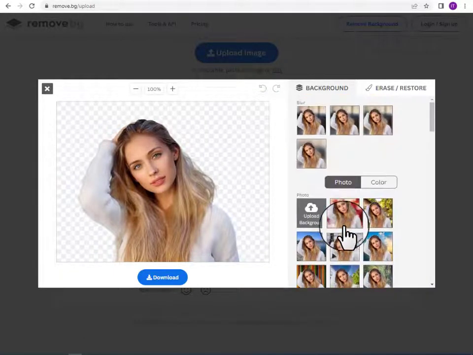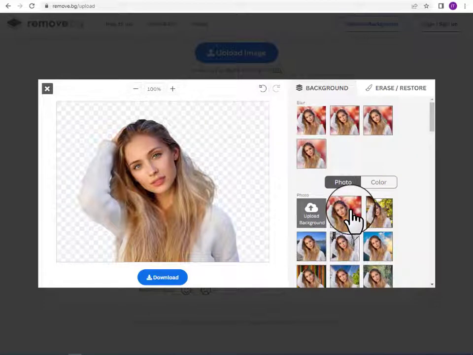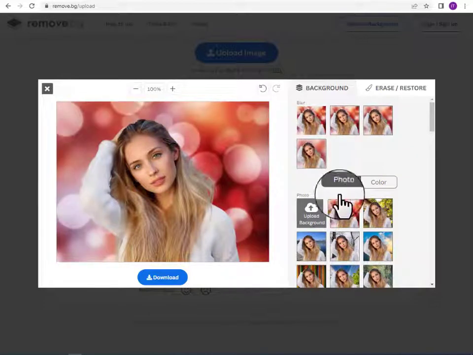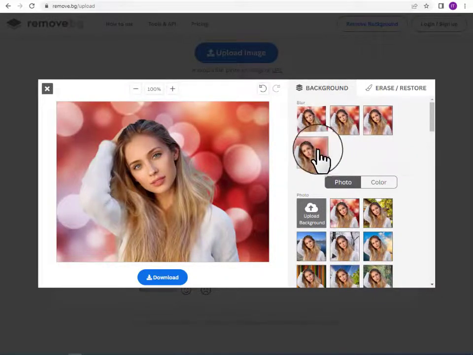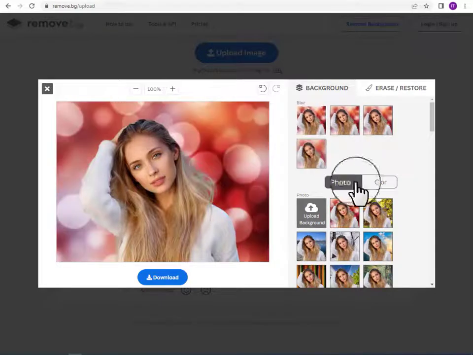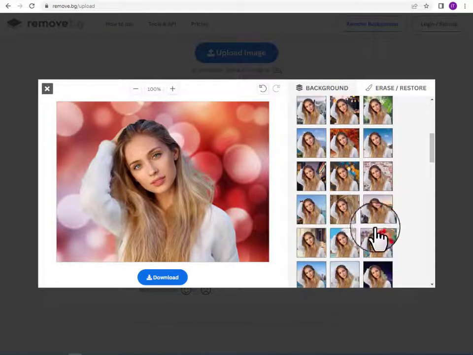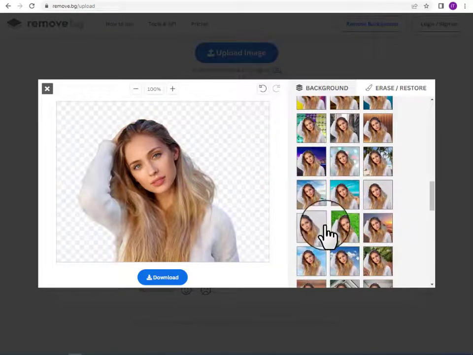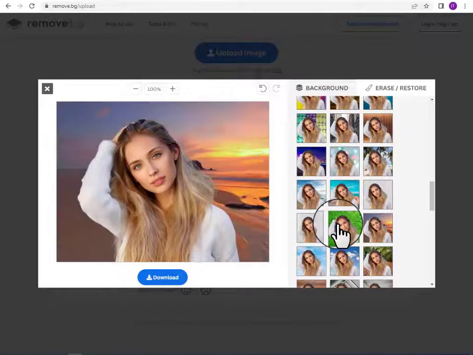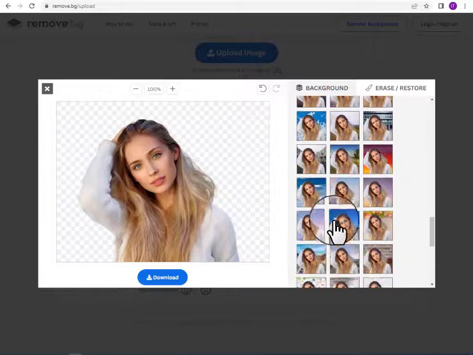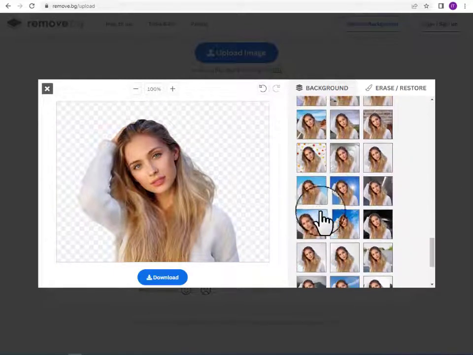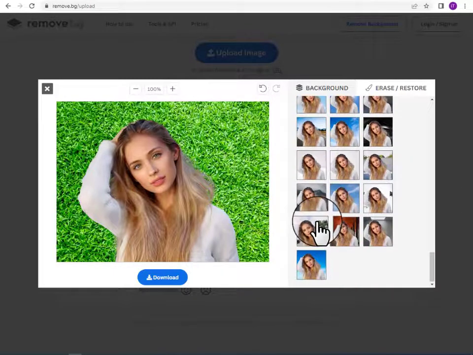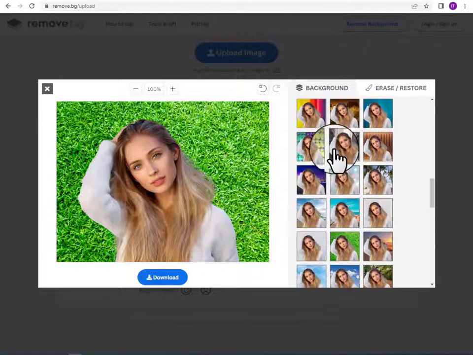There are different backgrounds, so you click and it automatically changes. If you want to blur, light blur, dark blur, you select like this. Different backgrounds. If you want to just upload and change, if you want to edit, just one click and